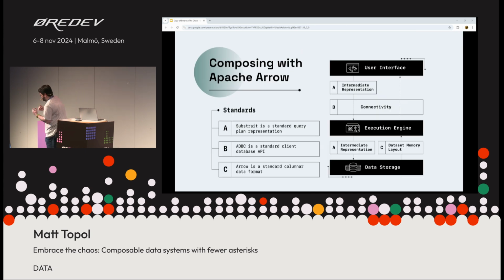Okay, so how can we leverage Arrow to do our composable system? For our standard query plan representation, there's an open standard, Substrait. It's a way of representing relational algebra plans, logical plans, for compute. That separates your parser from your execution engine, from your optimizations. It gives you a new layer you can stick things into and get generalized utilities and tools out of. So we've got our representation there. Arrow as our in-memory column format. There you go. And then for database access, there's ADBC, Arrow Database Connectivity.